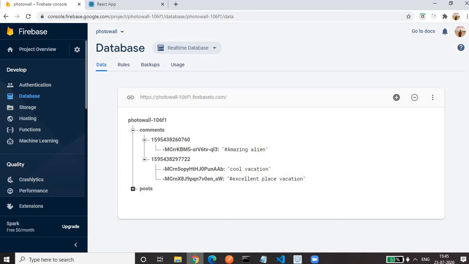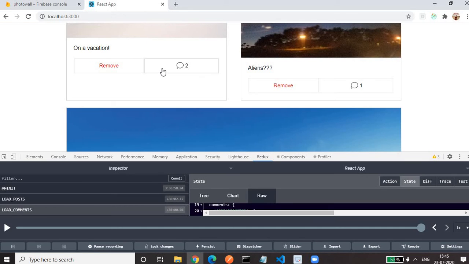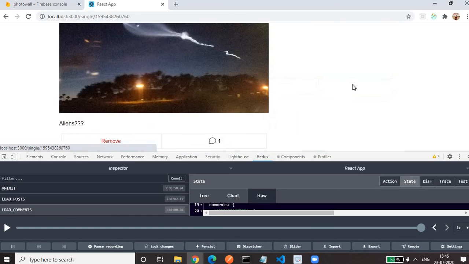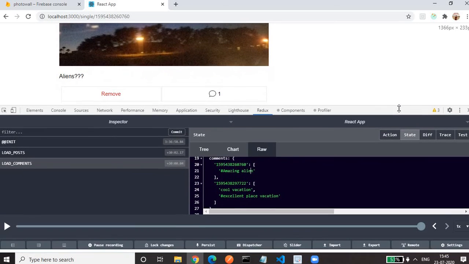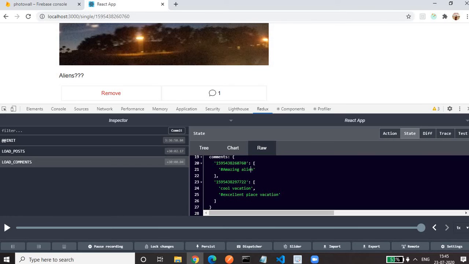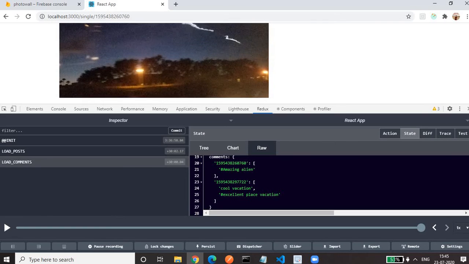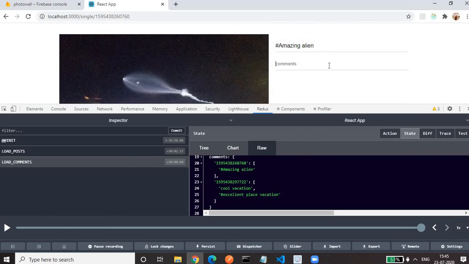So we'll see how, here I have one comment, let's click on that. Here we'll see, in the alien photo, we have only one comment. We'll add one more comment. Let's suppose we add a hashtag, surprise, to see alien.